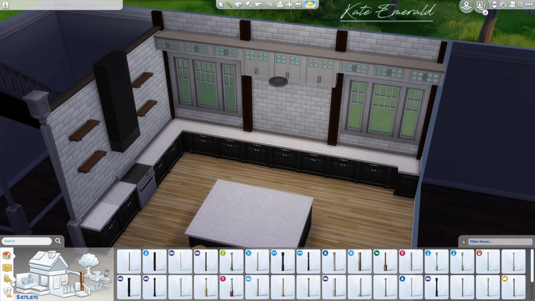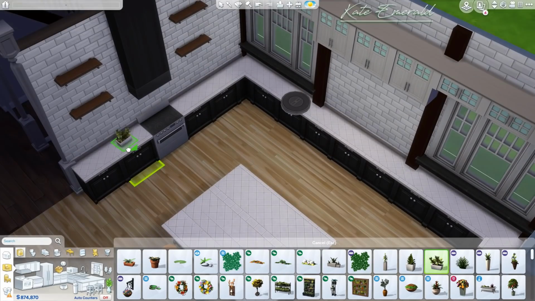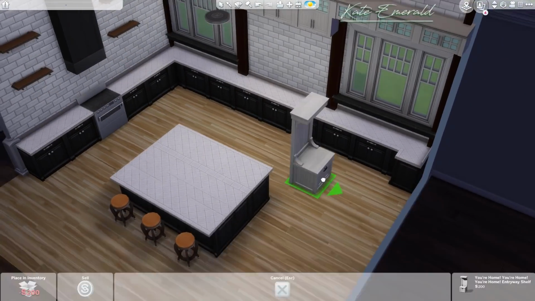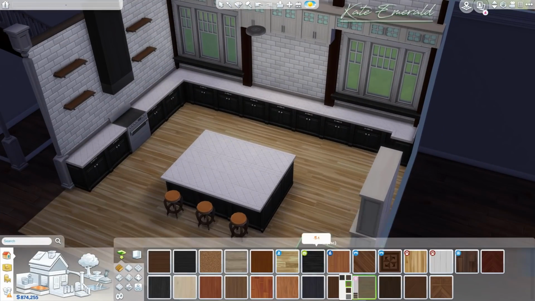I decided to have an open floor plan because I feel like for a traditional kind of American family home, I know that this doesn't really look American, but this is the inspiration that I had. I feel like an open floor plan totally makes sense for this. What I really